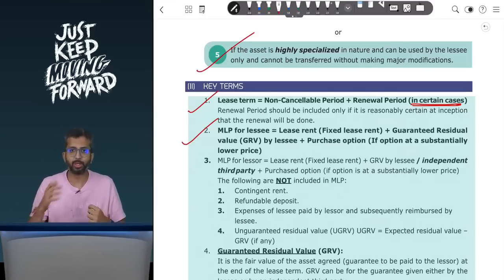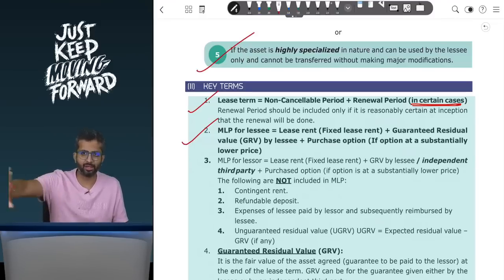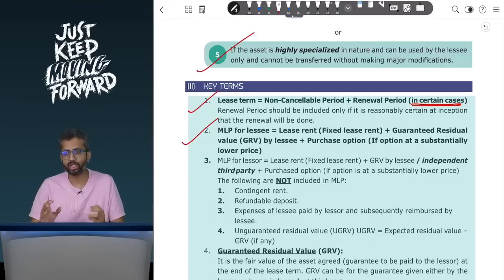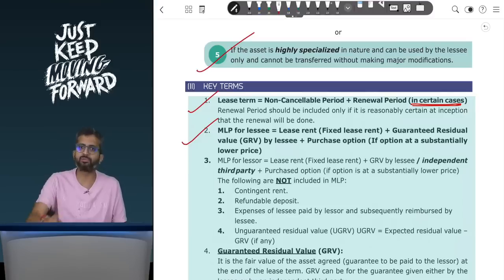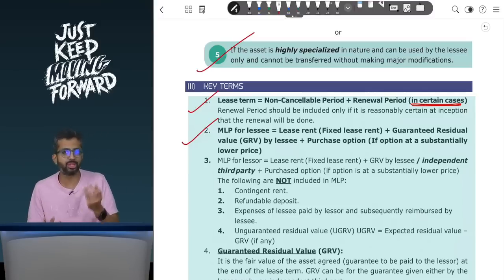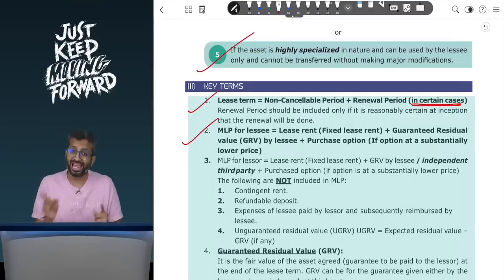Or the agreement might be that after 5 years, you will give me an asset. If I go to sell that asset, I will get some amount, let us say 50 rupees. You have to give me that guarantee that I should get 50. If I don't get 50, you have to pay me 50. That can also be a 50 guaranteed. The lessee will have to pay if the lessor does not get that amount, depending on the terms. But the guaranteed amount that you have to pay will be taken as a part of your